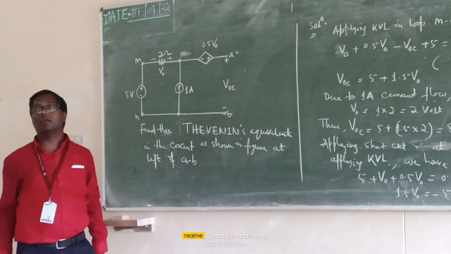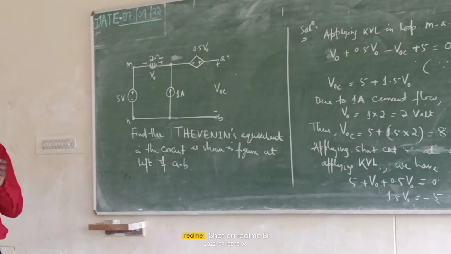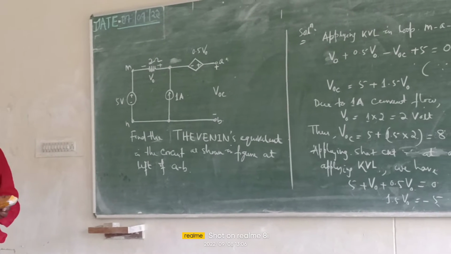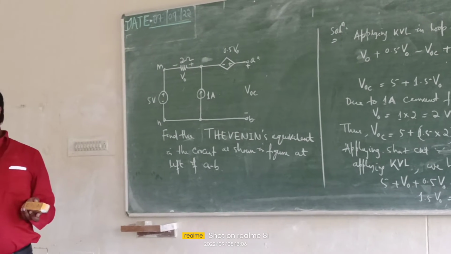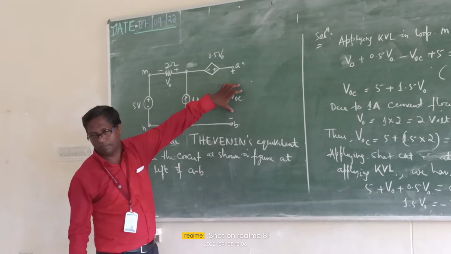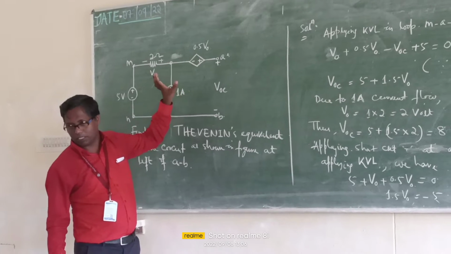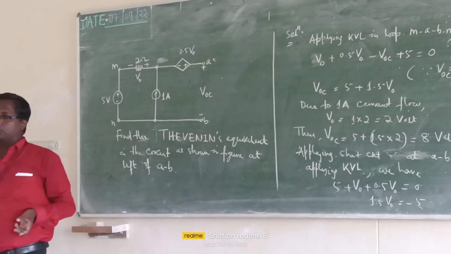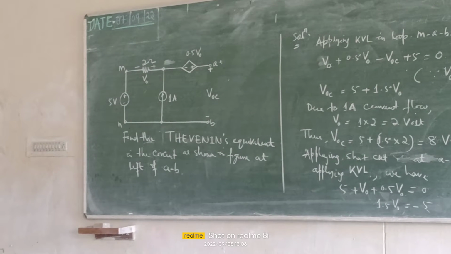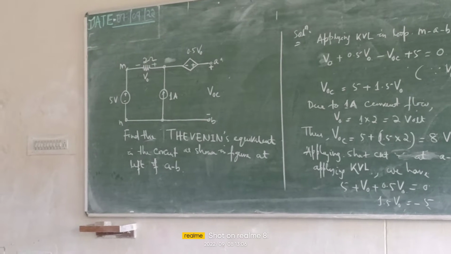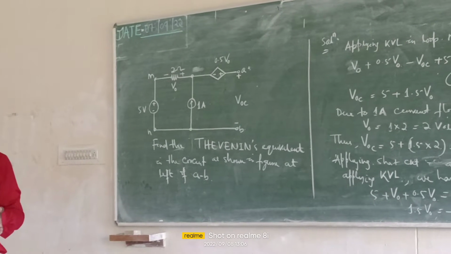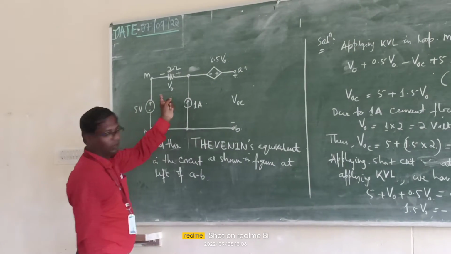How to find it? Thevenin resistance can be found by looking from the open circuit terminal, by short circuiting the voltage source or open circuiting the current source. That means the voltage source is removed and replaced by its internal resistance. But for a dependent source that will vary, because this source depends upon another quantity.